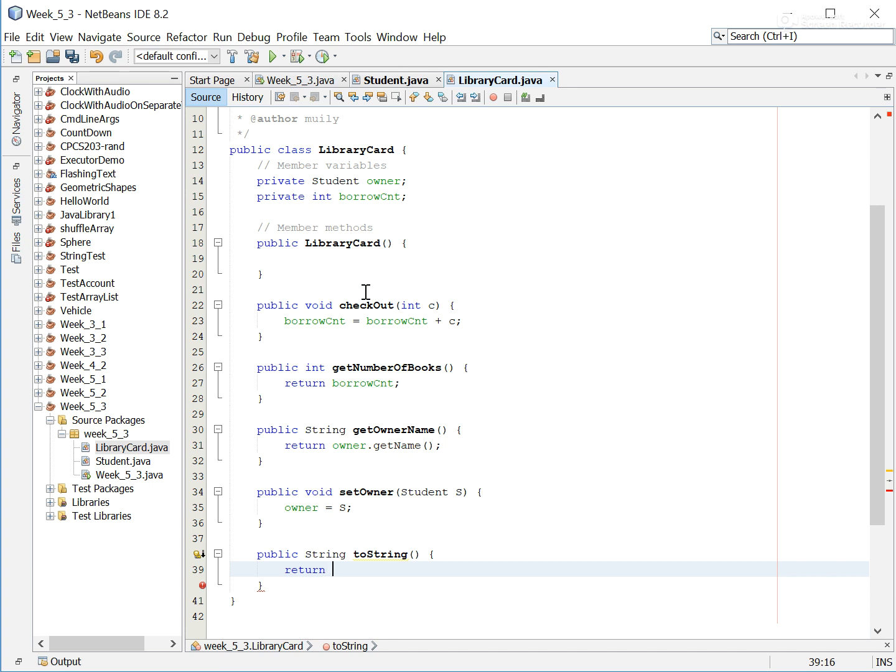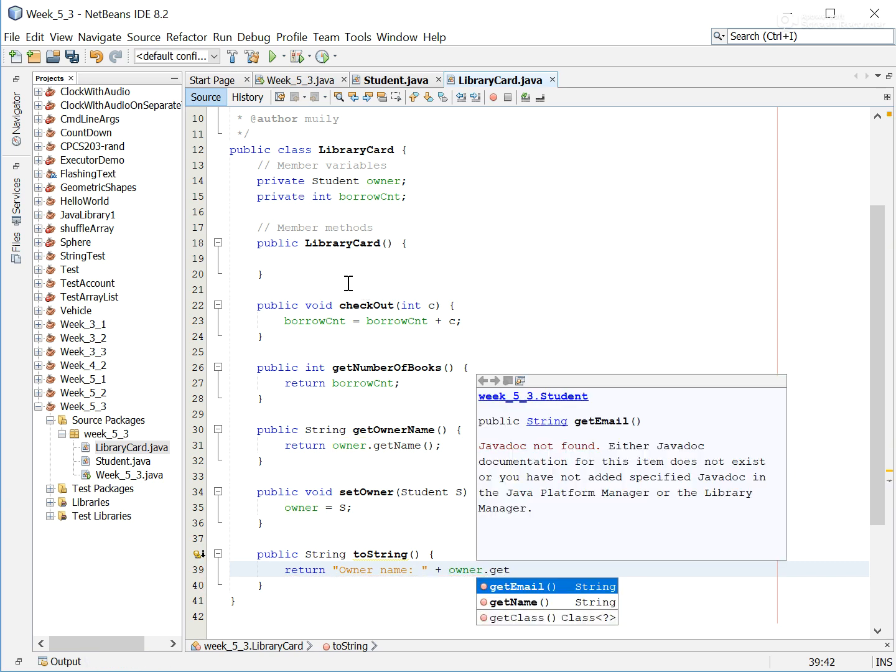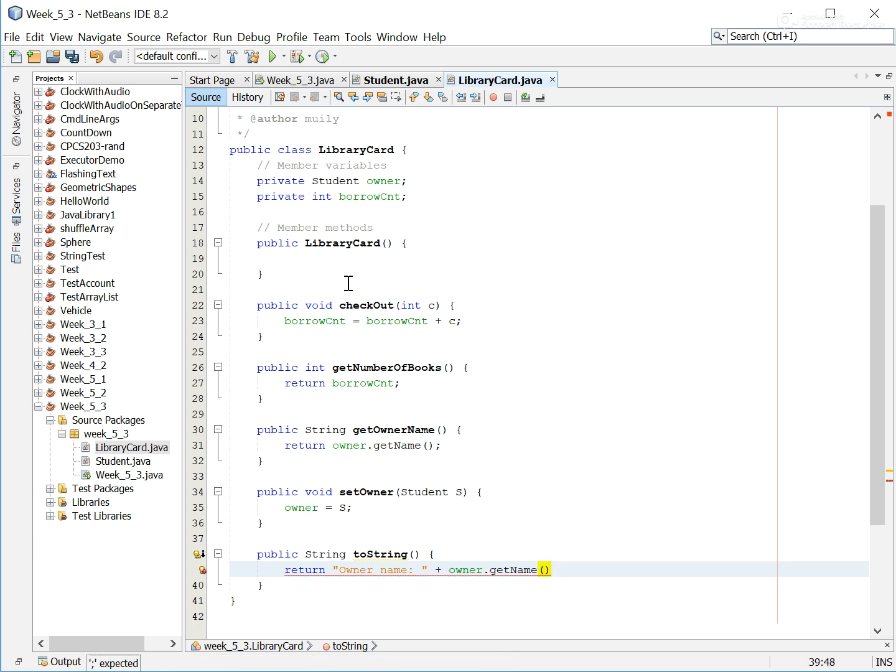So what we're going to do is return a string, a fairly long string actually, and it's going to show the owner name, owner dot get name, returns the name, and like I said, we're going to format this nicely, and on the next line it's also going to print out the email address, use the get email method,